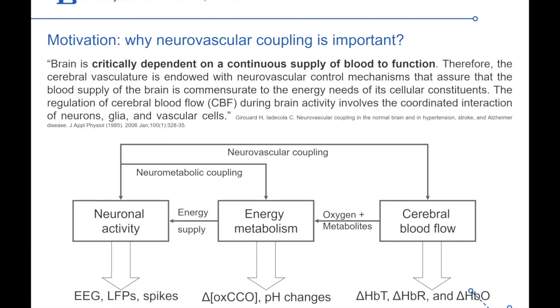Now, being an engineer, my goal was to look at what engineering techniques are available to understand this mechanism, this neurovascular coupling and metabolic coupling mechanism. For example, we already know from prior works that neural activity can be detected using electrophysiology techniques, for example, electroencephalogram, local field potentials, and spikes. The energy metabolism can be detected with the pH changes in the brain, the state of the cytochrome C oxidase, which is the mitochondrial oxidation state, and also